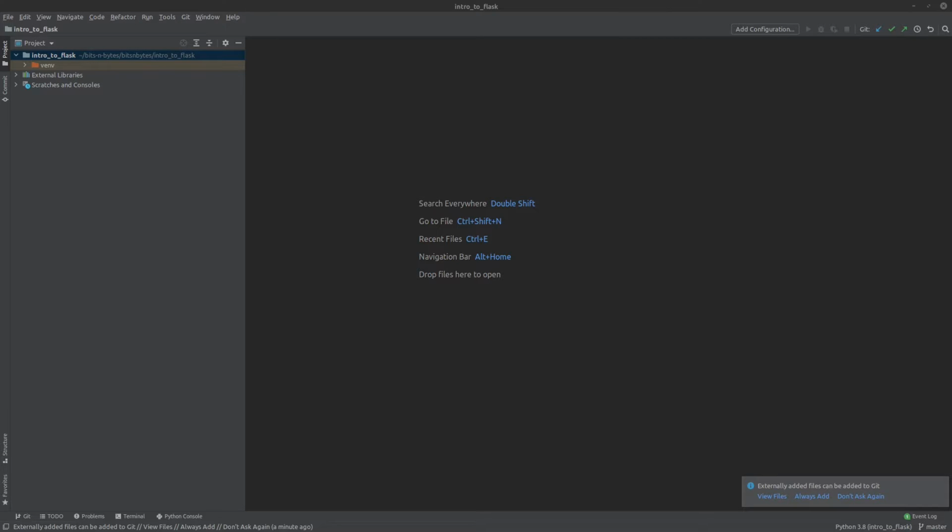Alright gang, I am back and today I want to give a quick intro of Flask. Flask is a micro framework that's really nice if you're just learning frameworks, if you're just learning Python, and if you're just learning REST APIs and stuff like that. It's a micro framework and it doesn't have a whole lot of bells and whistles. However, it has huge capabilities because there are a ton of external libraries that you can install and use with it. For example, if you need logging capability or authentication capabilities, there are libraries that you can plug in that can do all that.